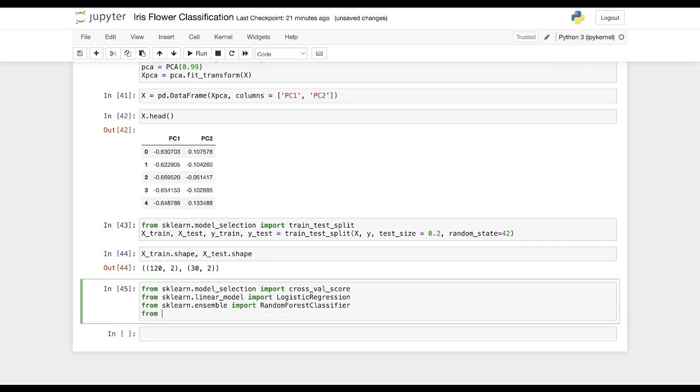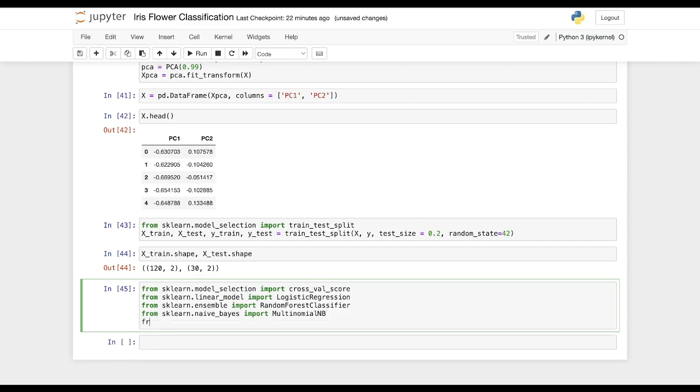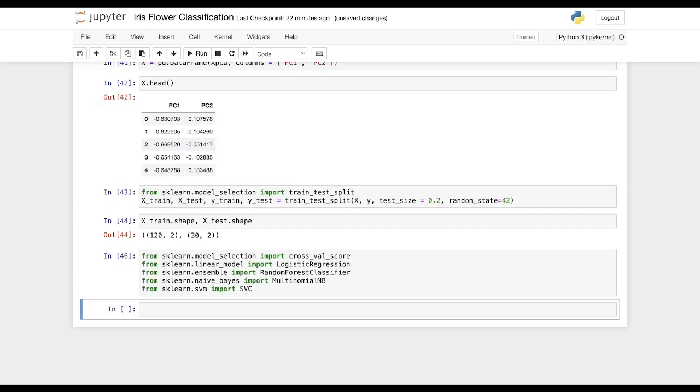Then from sklearn dot naive Bayes, you can import multinomial naive Bayes, and from sklearn dot SVM, you can import support vector classifier. You want to test these particular classification algorithms, that is, which one is the best to use.